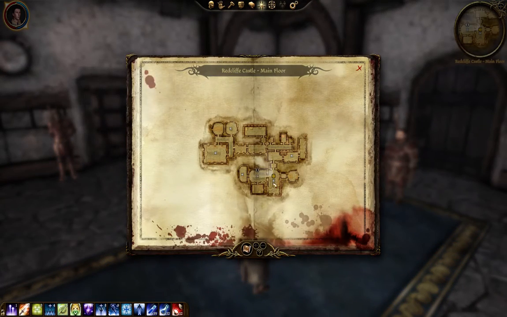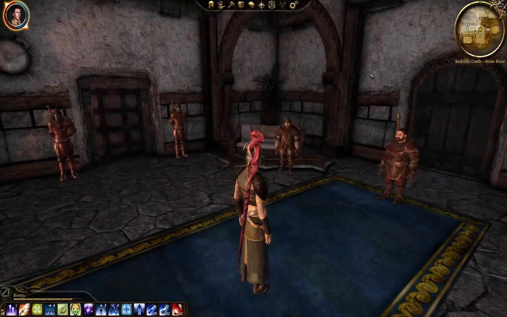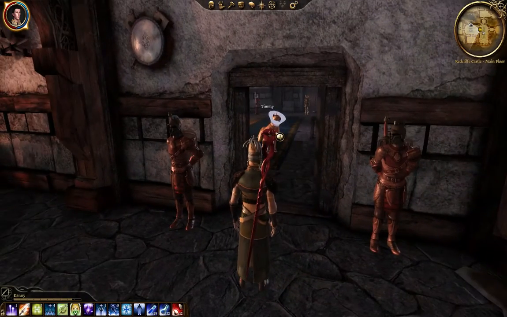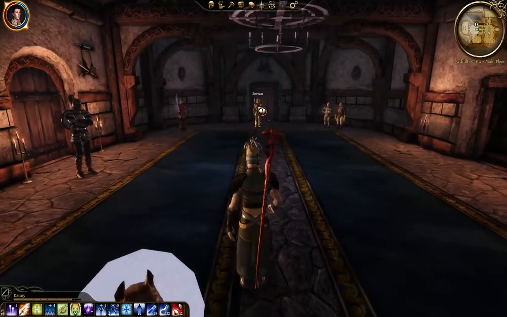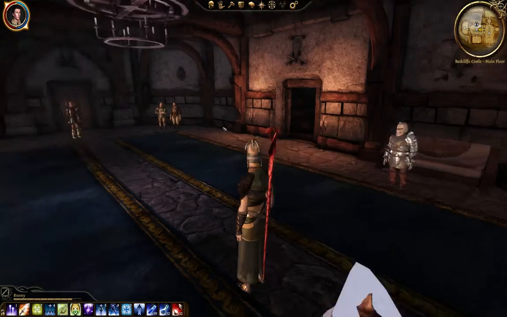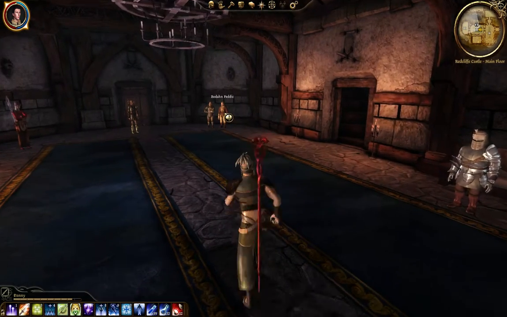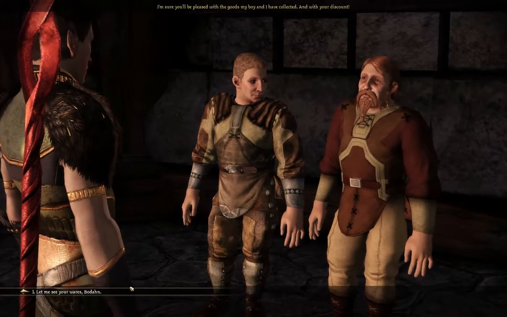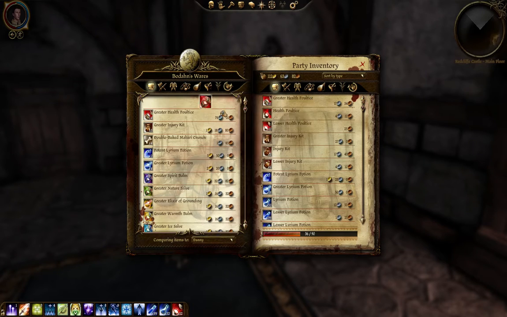Map. Main hall, library, kitchen, sentry, armory. Wait, where's my room? Is my room supposed to be upstairs? It is begun. That's Timmy. Okay, so everyone's in here. If there's anything I can do for you, please, I'm... Again, do you have some...